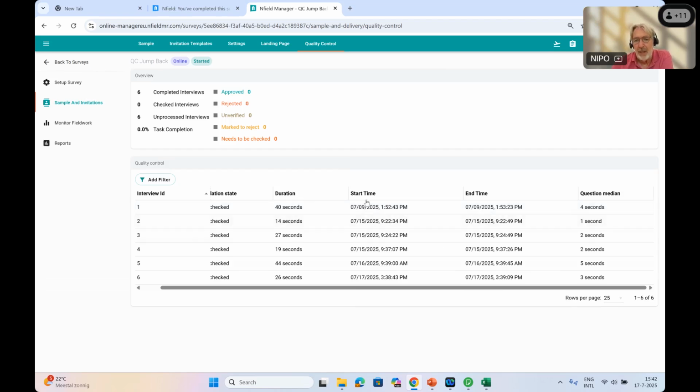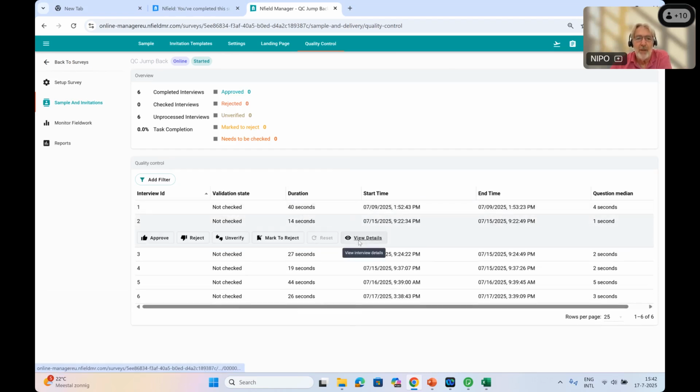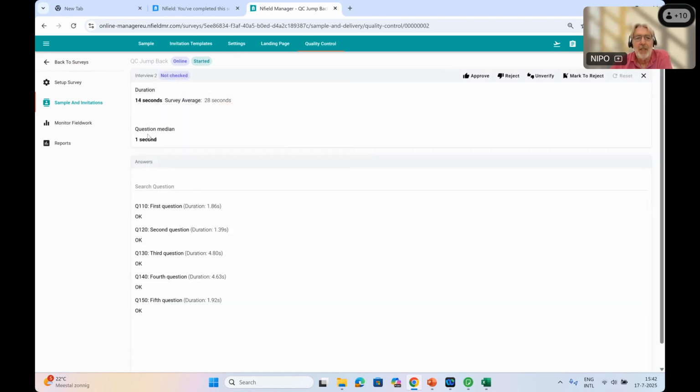Notice that this is noted in the date in UTC time and then in the time zone of the QC agent, which is probably not the most meaningful way. We are still discussing what we should show here. Another thing that you will see here is the duration. The duration of these interviews was 14, 26 seconds. If you open a specific interview and go to view details, you will see that duration again,